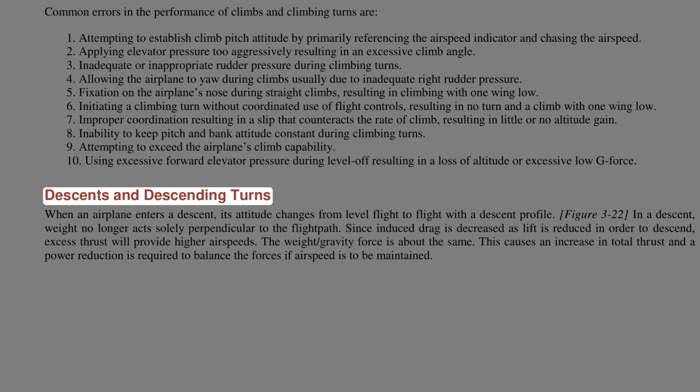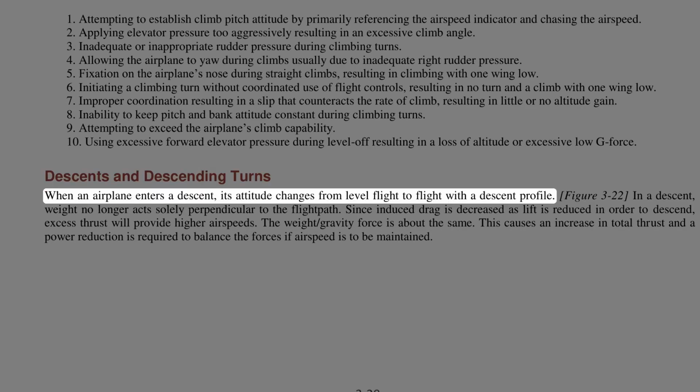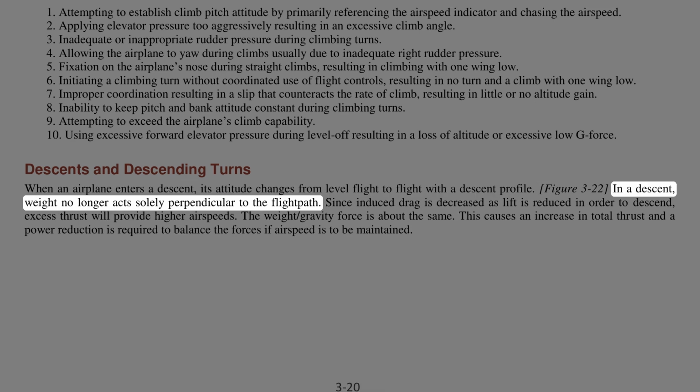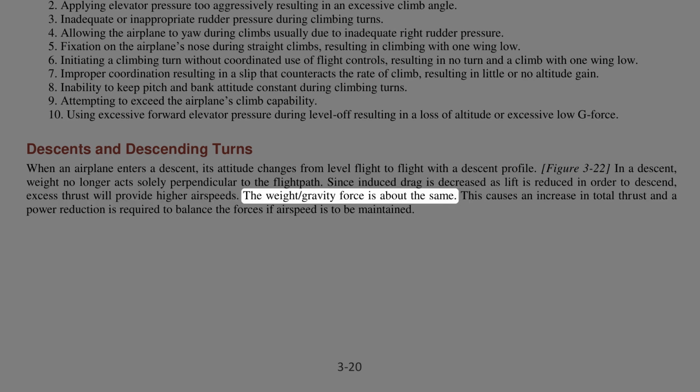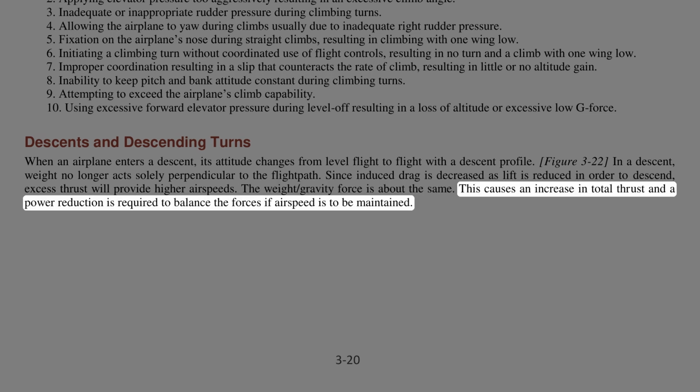Descents and descending turns. When an airplane enters a descent, its attitude changes from level flight to flight with a descent profile. In a descent, weight no longer acts solely perpendicular to the flight path. Since induced drag is decreased as lift is reduced in order to descend, excess thrust will provide higher airspeeds. The weight/gravity force is about the same. This causes an increase in total thrust, and a power reduction is required to balance the forces if airspeed is